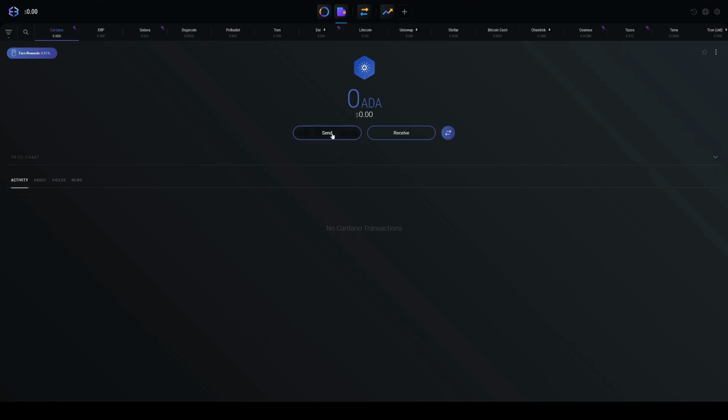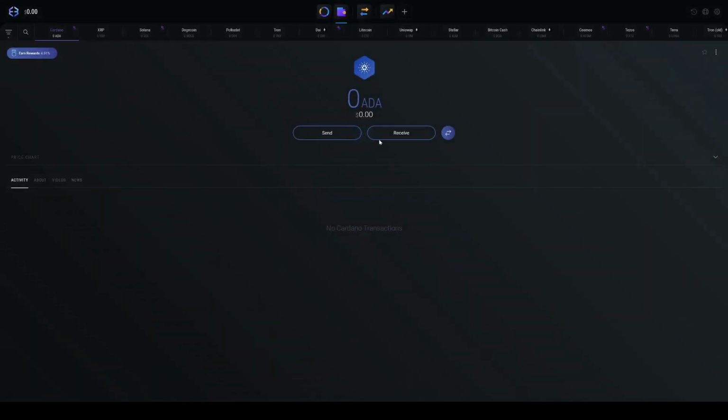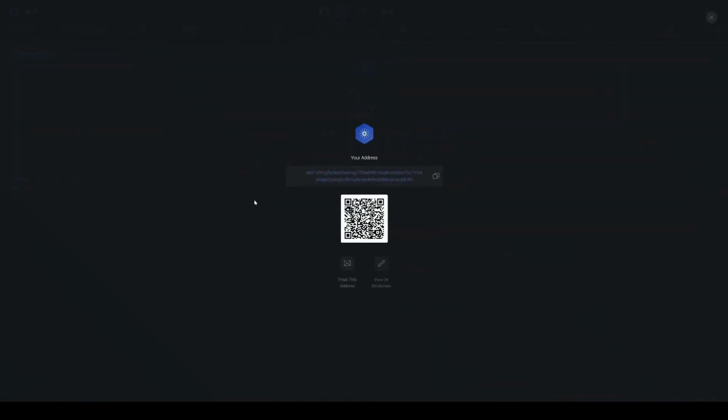Again, you're going to click the send. It's going to ask you for the Cardano address to send it to, and you would put it in there. How about the receive? Well, here's something I really want to point out to you now. Remember when I talked to you about if you sent Cardano to VeChain and they wouldn't recognize it? Well, here's why. You notice how with XRP it had an address? Well, look at this address. Completely different with Cardano. And that's why you couldn't send Cardano to VeChain, because it uses a completely different protocol system with a completely different style of address. Okay, so let's go back to the main page.